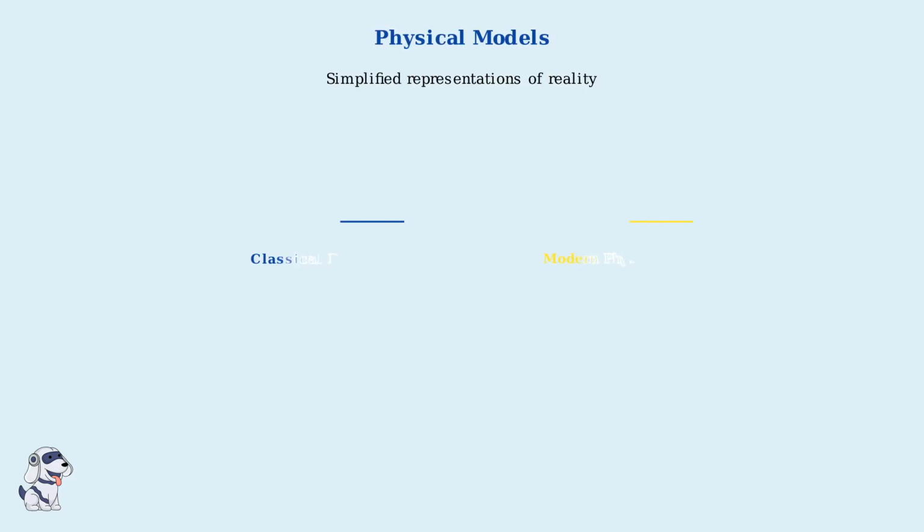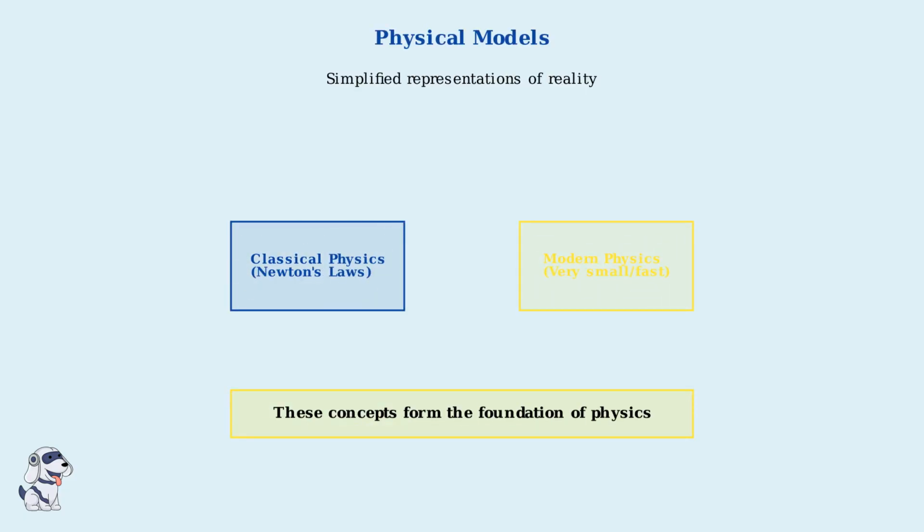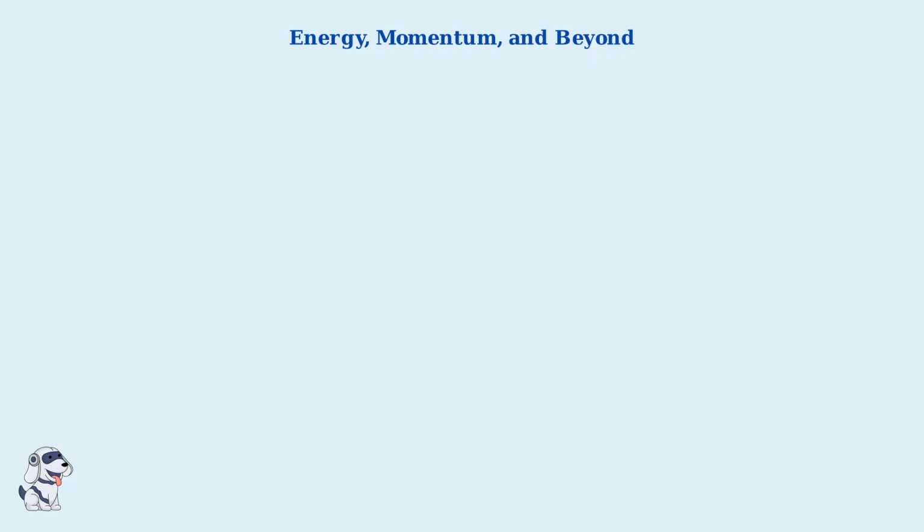Physical models are simplified representations that help us understand complex phenomena. Newton's laws are models that work extremely well for everyday objects, but they have limitations at very high speeds or very small scales. We now expand our physics knowledge to explore energy and momentum, fundamental concepts that govern motion and